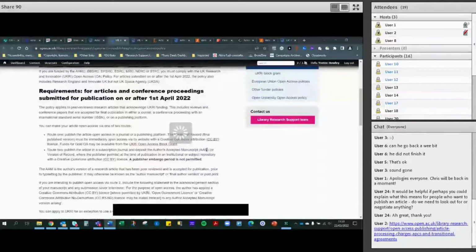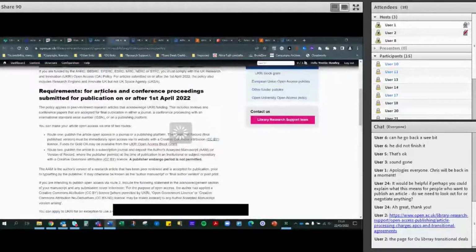So the first place to look is obviously these pages here, our UKRI Open Access Policy page, and you can see if your research council is listed, and look at the conditions that you must meet to publish open access. You can see here that there are two routes. Route 1 is fully gold, where your paper is immediately available under the CC BY licence, and Route 2 is where you will publish in a subscription journal, one that doesn't offer immediate open access, and you can read the full policy details here on this page.